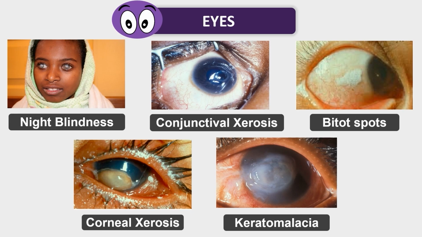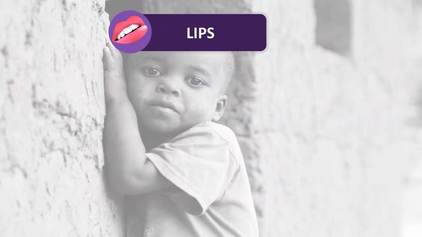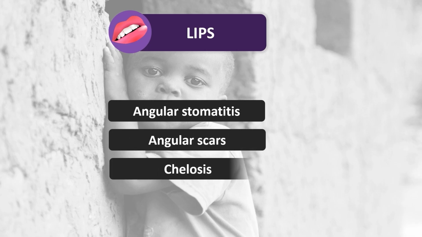Eyes, we talked about vitamin A deficiency, we talked about Bitot's spots, night blindness, inability to see in dim light. These are the eye symptoms which we can look for to confirm vitamin A deficiency. Lips, lesions or cracks appearing on both sides of the mouth, what we call angular stomatitis. The lips will become cracked and red. These are the deficiency symptoms for vitamin B